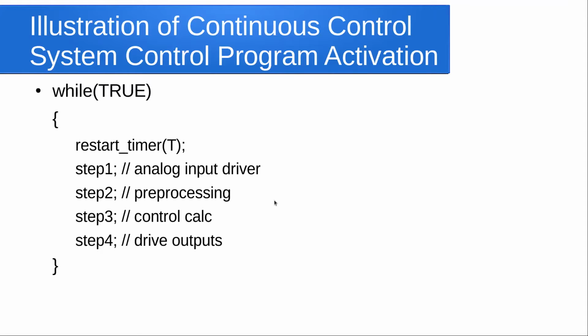So generally, the program inside an embedded system usually has 4 steps. First is reading the inputs from the sensors. Then in step 2, we do a kind of pre-processing, and in step 3, we do a kind of control calculation, and in step 4, we do